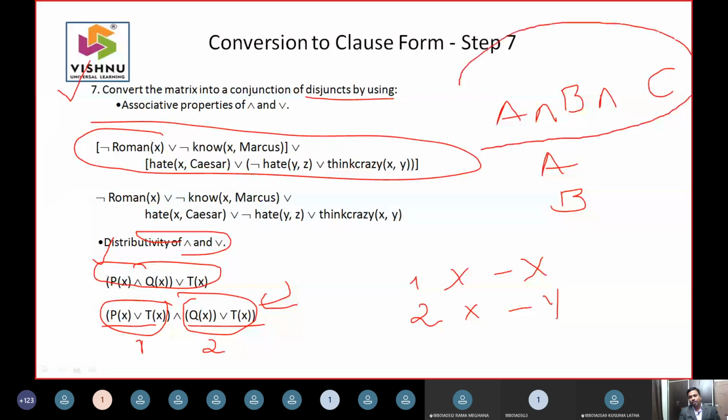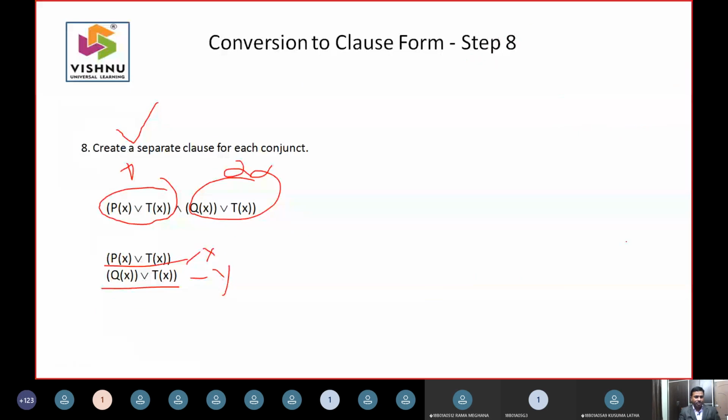When you have a statement like this, you can take A as a different statement, B as a different statement, C as a different statement, and then you can represent A, B, C separately. If you have common clause names with respect to x's here, you can remove them. It's what you said, standardize the apart variables. This is what we have seen in the last class, and this is where you need to have some clarity.